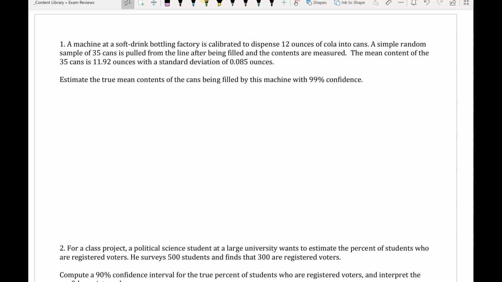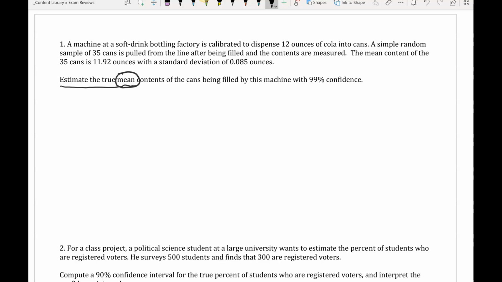So we've got a machine at a soft drink bottling factory, and it's calibrated to dispense 12 ounces of cola into cans. A simple random sample of 35 cans is pulled from the line after being filled, and the contents are measured. The mean content of the 35 cans is 11.92 ounces with a standard deviation of 0.085 ounces. Okay, and then this says estimate the true mean. Wow, okay, so this is not actually going to run a test, right? Okay, we're looking for an estimate, and so what I'm going to do is estimate my mean,